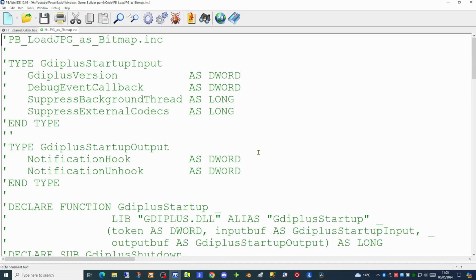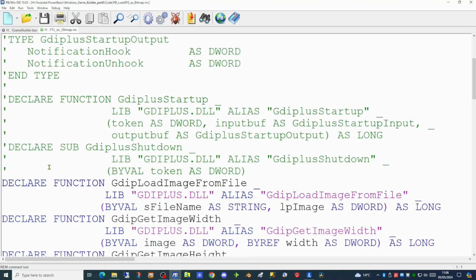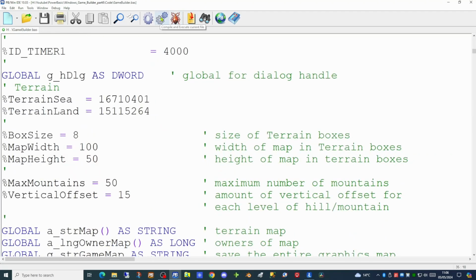We've also made a minor modification to the library load JPEG as bitmap to comment out these first two sections here of the types and the declaration of one function and one subroutine. This is because the new library, the Button Plus library we've added, already has these declares. So if we try running our application now,